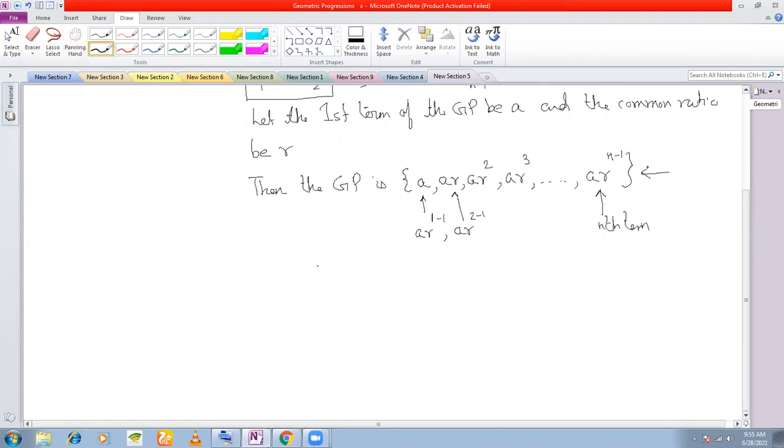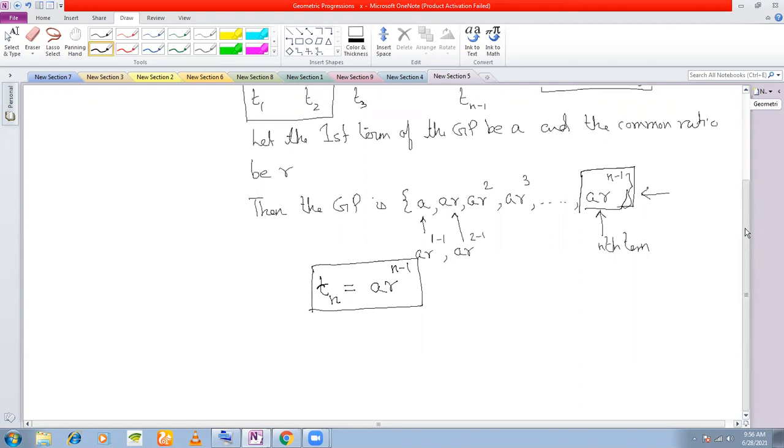So nth term, remember, nth term of a GP we denote by Tn. In AP we are denoting the nth term by An. In GP we denote the nth term by Tn. Tn is this one, AR to the power of n minus 1. Okay, so remember this. We shall be using this. The nth term of a GP is AR to the power of n minus 1. Okay, and